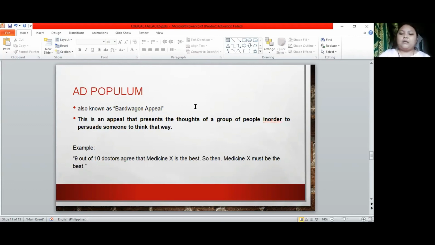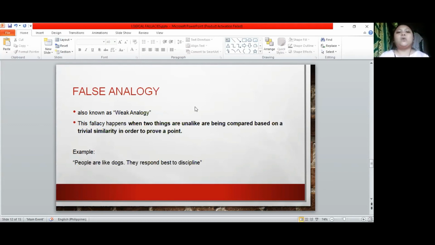Okay, so next, let's proceed with the next fallacy, which is false analogy. This is also known as weak analogy. This fallacy happens when two things that are unalike are compared based on a trivial similarity in order to prove a point. For example: people are like dogs. They respond best to discipline. This is an absurd fallacy because it attempts to correlate people to dogs. So the last